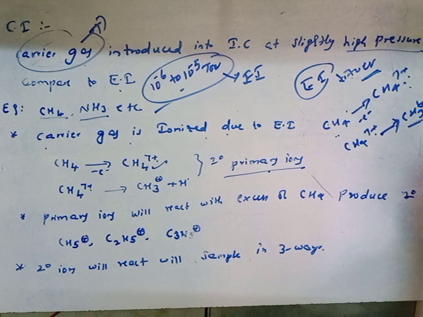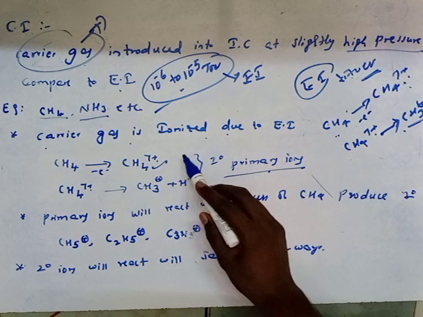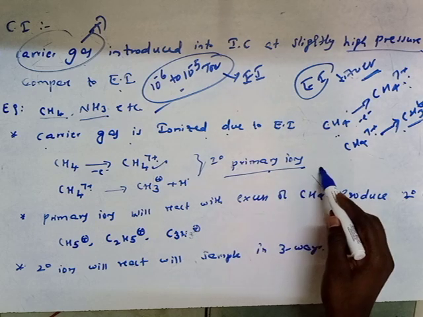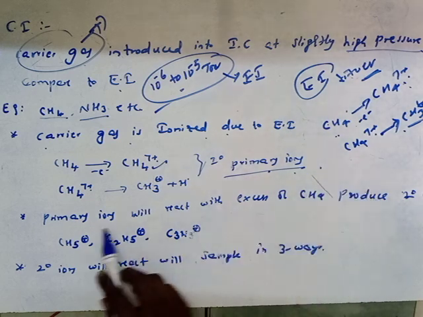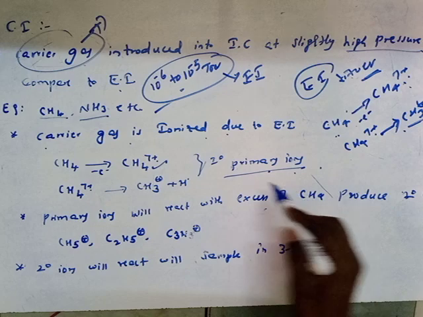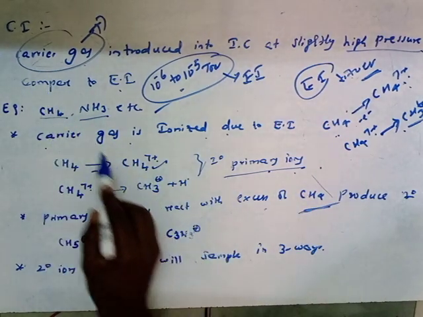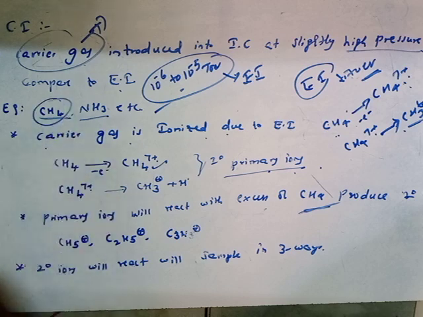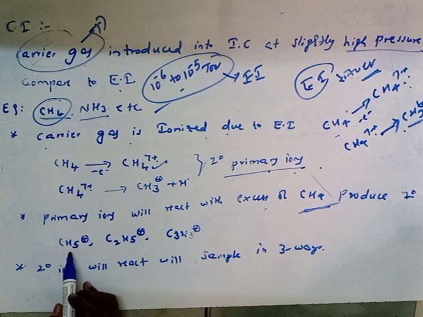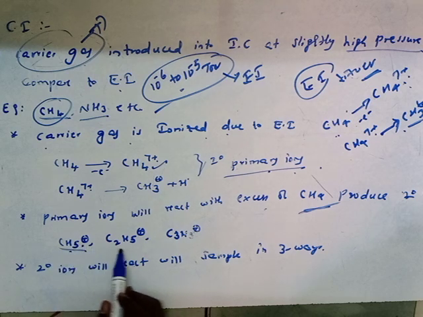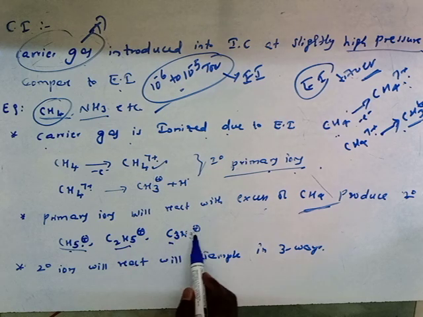It will be converted into CH3 radical, CH3 cation and a hydrogen radical, and these are known as primary ions. These primary ions will react with excess methane gas. The primary ions will react with excess carrier gas and produce secondary ions. The secondary ions are like this: CH3, CH5 cation, C2H5 cation, C3H